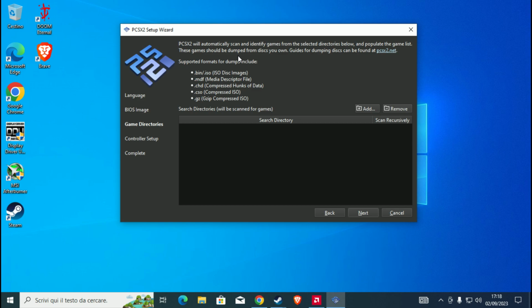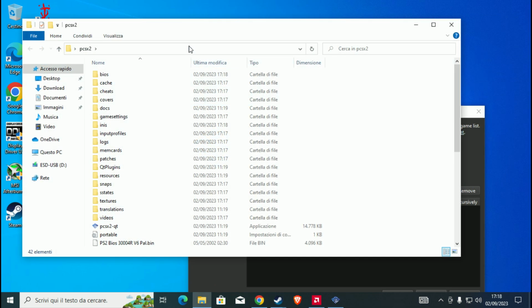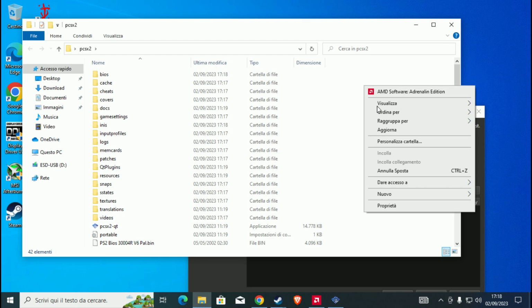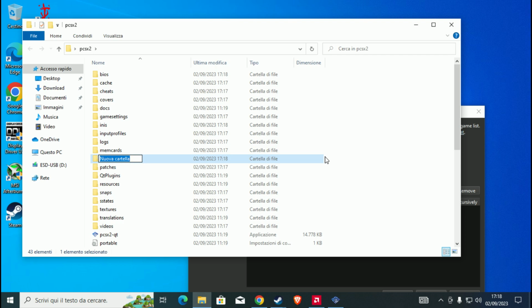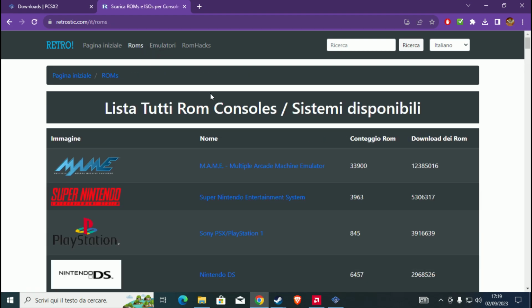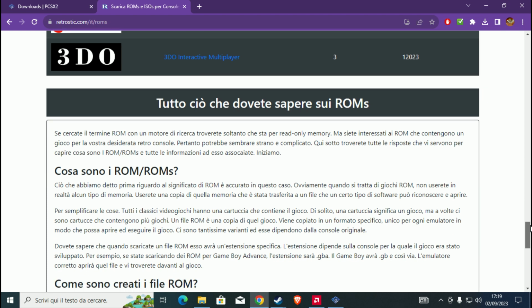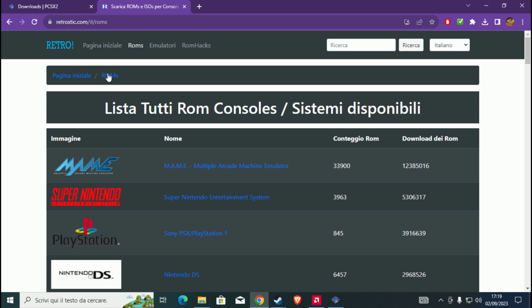Okay, now for the games. I suggest creating a games folder in the emulator directory, so it's easier for you to find them. Also, you can download games from this site too, in case you're interested. I personally don't like to torrent stuff, so if it's possible,